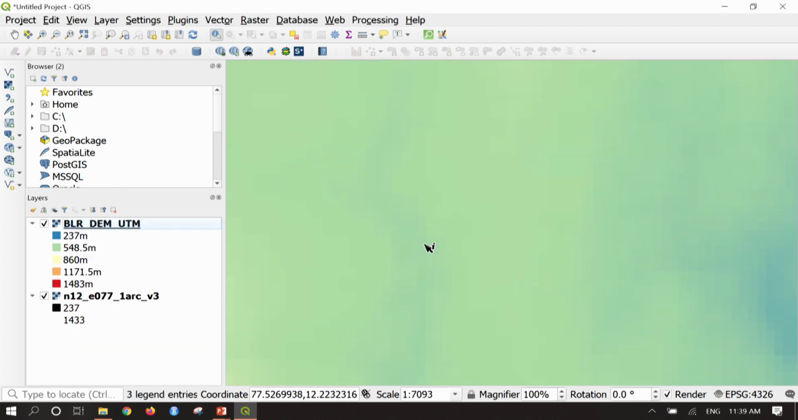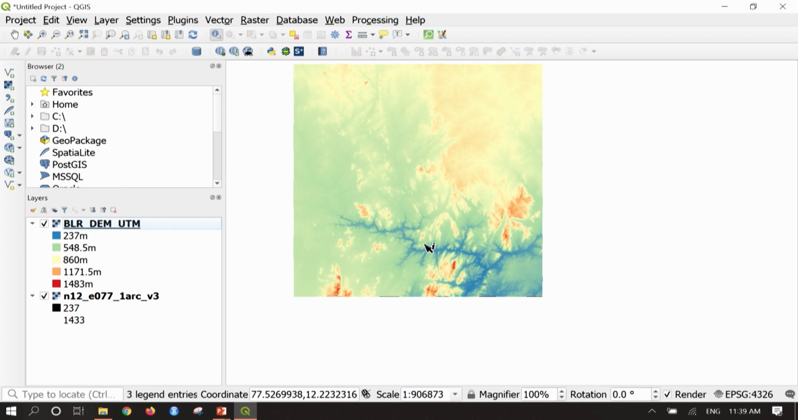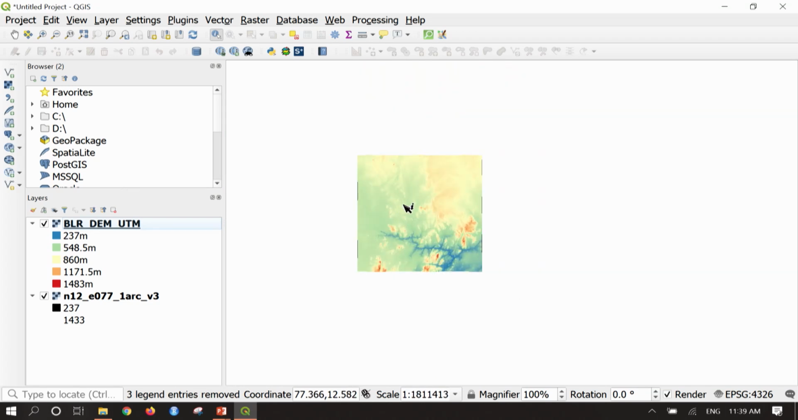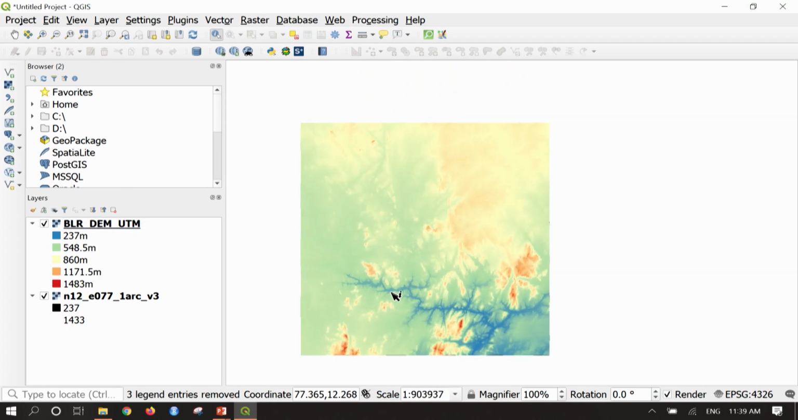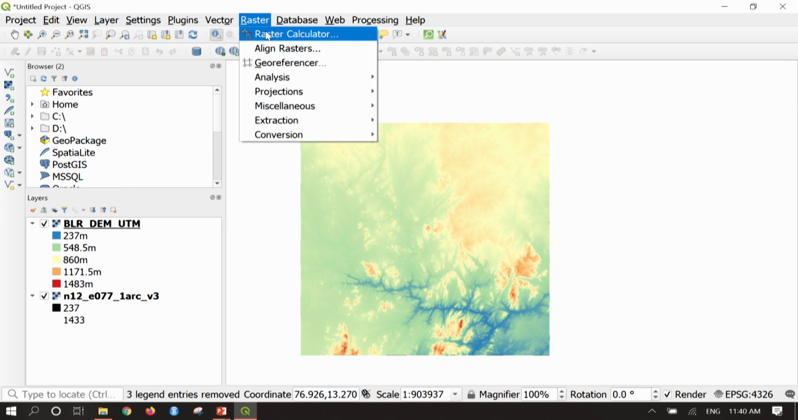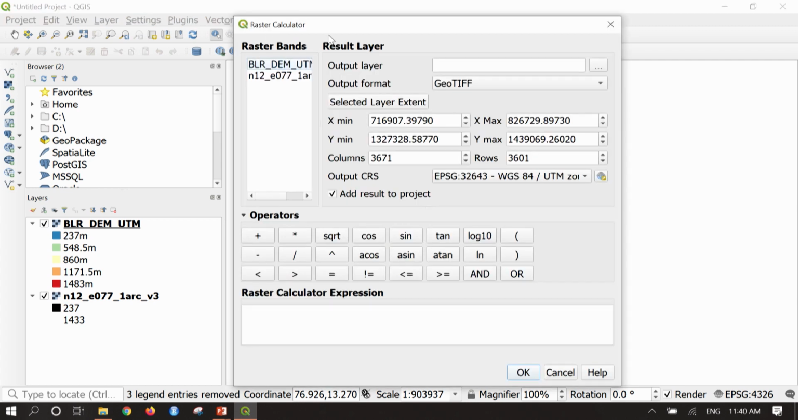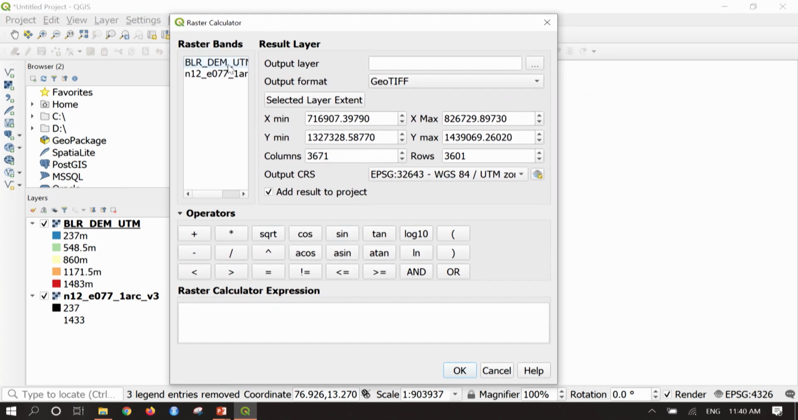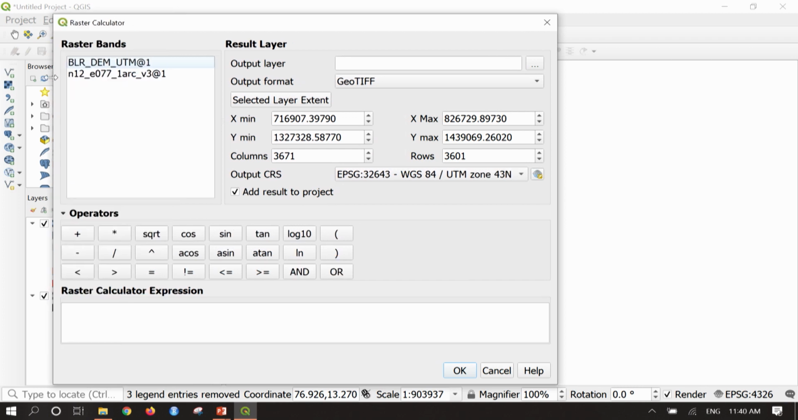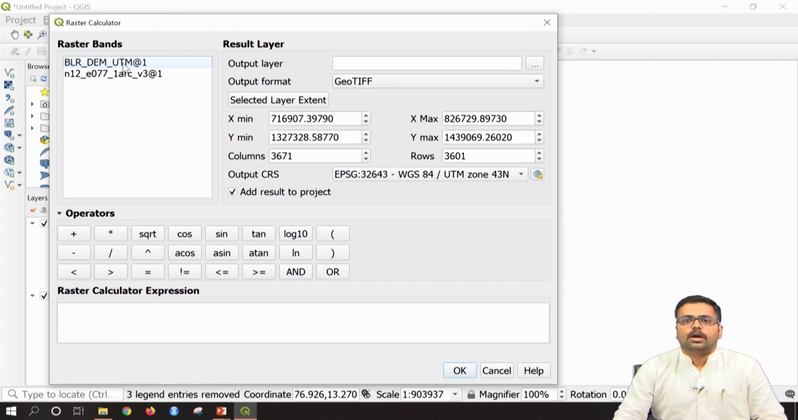So, now this is our BLR UTM, that is nothing but the UTM digital elevation model. Okay. So, now let us see how to perform the raster calculator operation. I will go to the menu bar, Raster, then click on Raster Calculator. So, now it has taken 2 raster bands here. Yes. So, I want to query, or I want to develop one more map which has elevations greater than